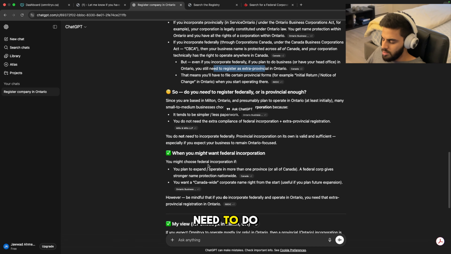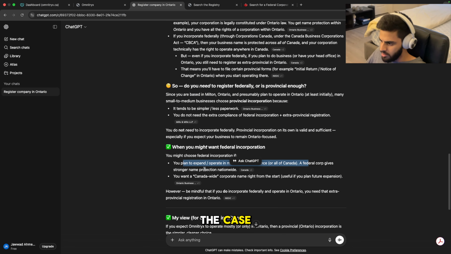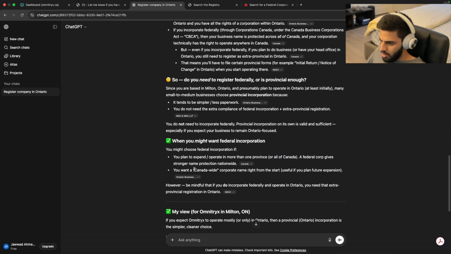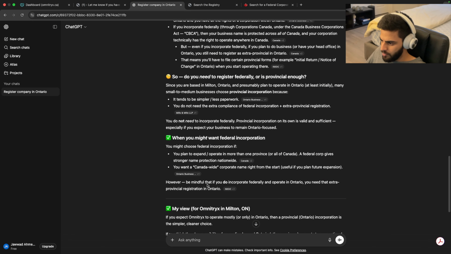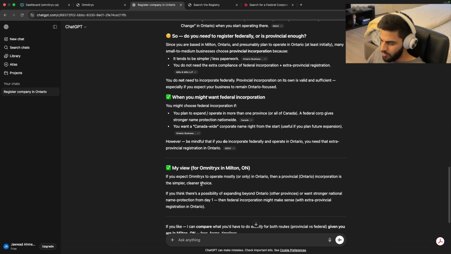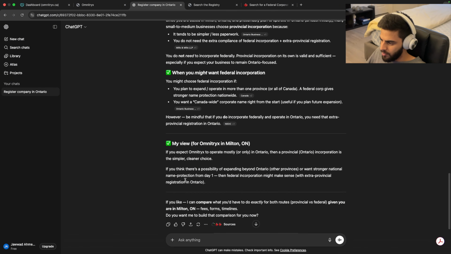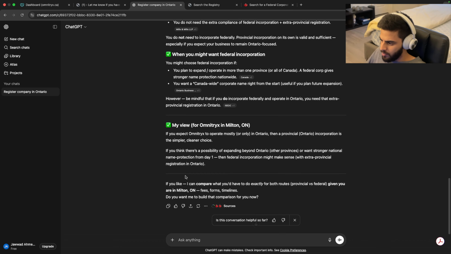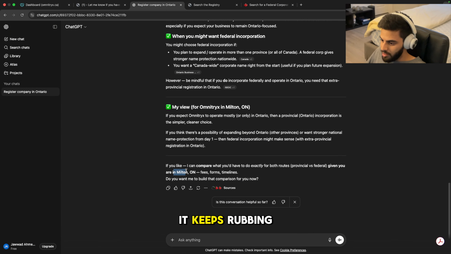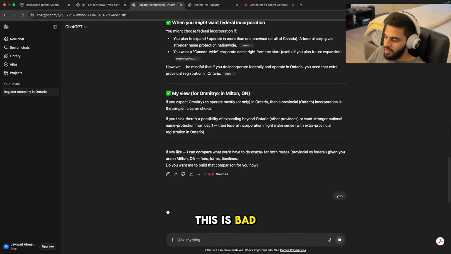Okay, so it's saying I don't need to do federal if you plan to expand or operate in more than one province, which is not the case. Why does it keep telling me I'm in Milton? If you expect Omnitrix to operate mostly or only in Ontario. Seriously, it keeps rubbing it in my face. I'm in Milton.